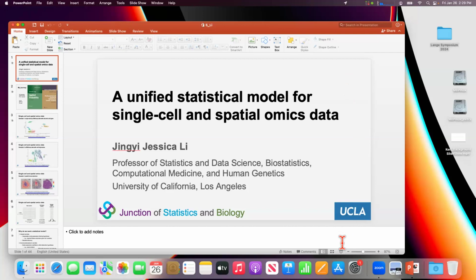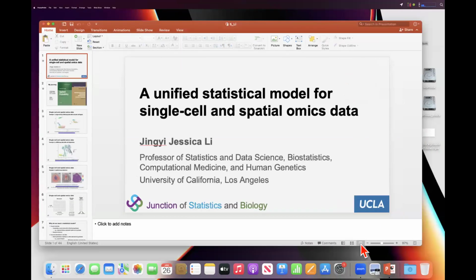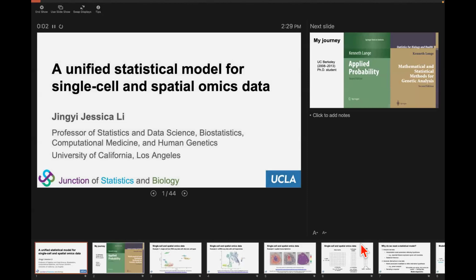very generous introduction. It's my great honor to speak in this symposium together with such an honored list of speakers. So it is my great pleasure to introduce our recent line of work about modeling single cell and spatial omics